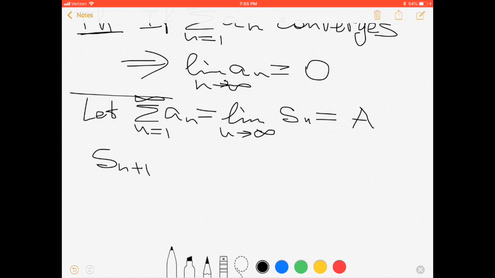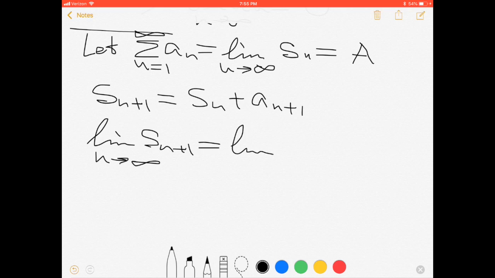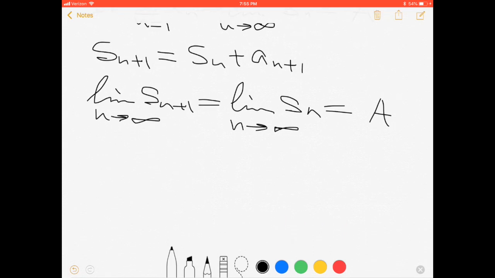What if we have S_{n+1}, the first n+1 terms? It will be S_n plus one more term, the next term. Okay, and because the limit of S_{n+1} as n approaches infinity equals the limit of S_n as n approaches infinity, and both of these limits are equal to a, we have